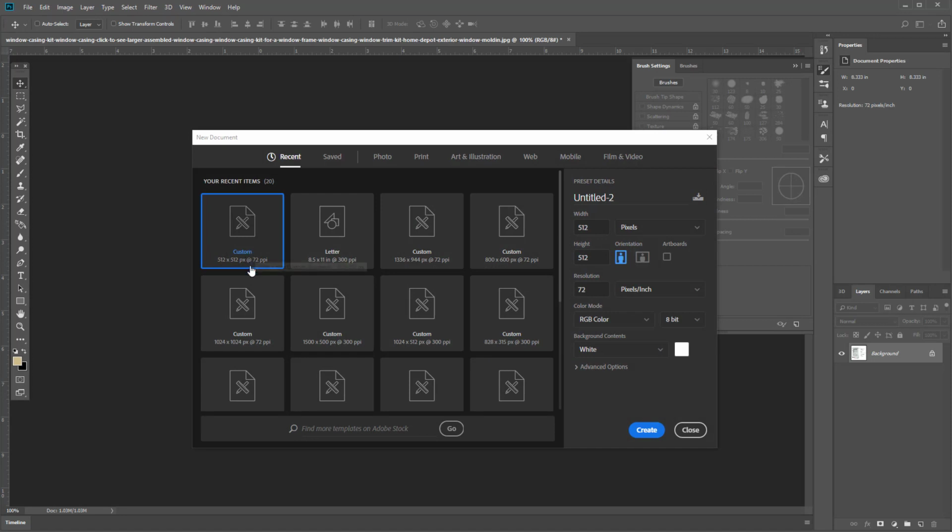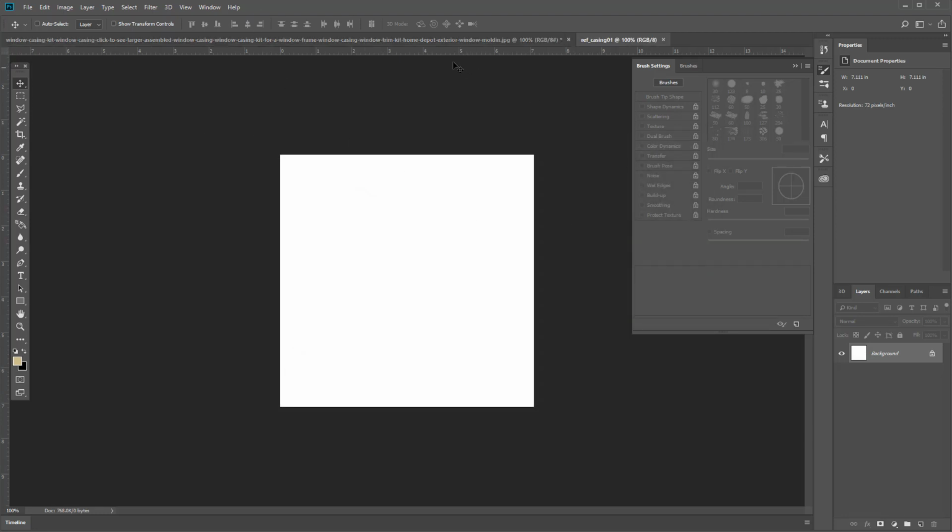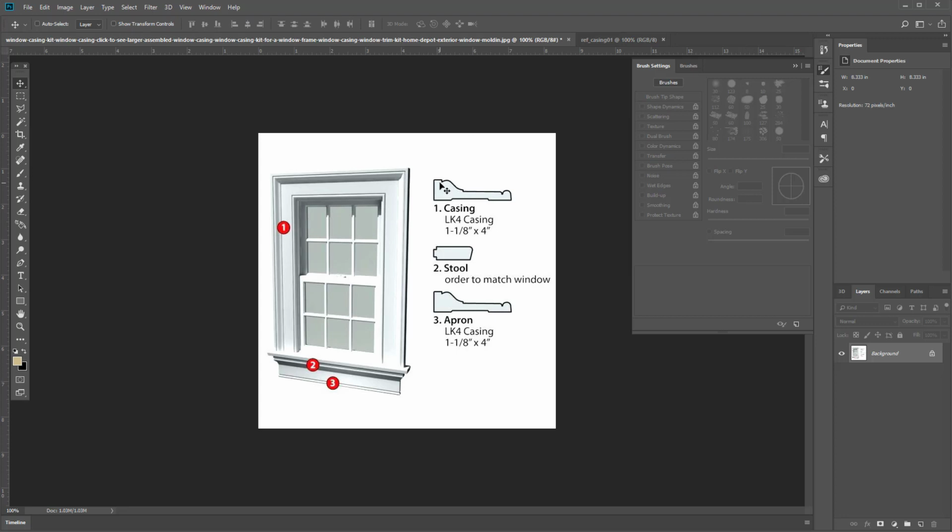There we go. Okay. And so I'm going to make it 512 by 512. Make sure it's pixels. Okay. And then the resolution would be 72. And we can name this ref underscore casing 01, something like that. Okay, let's hit enter, and there we have our 512 by 512 texture. So let's come back here, and we'll get our marquee tool out, which is this, or you can hit M on your keyboard and just marquee around the first one,